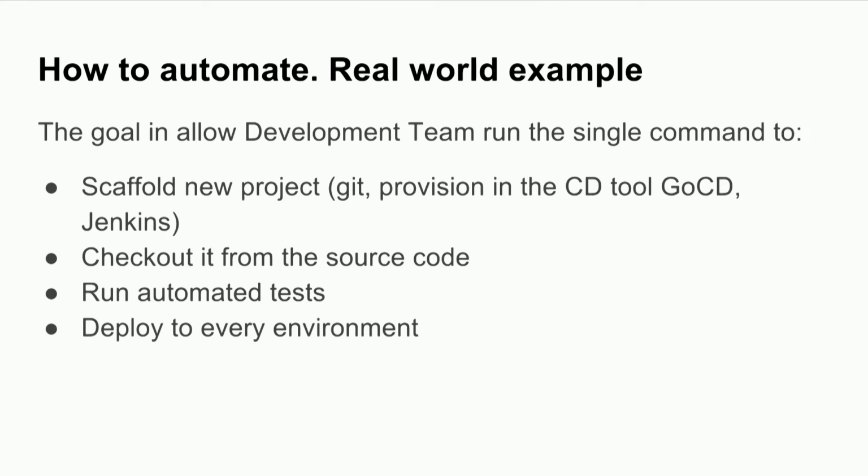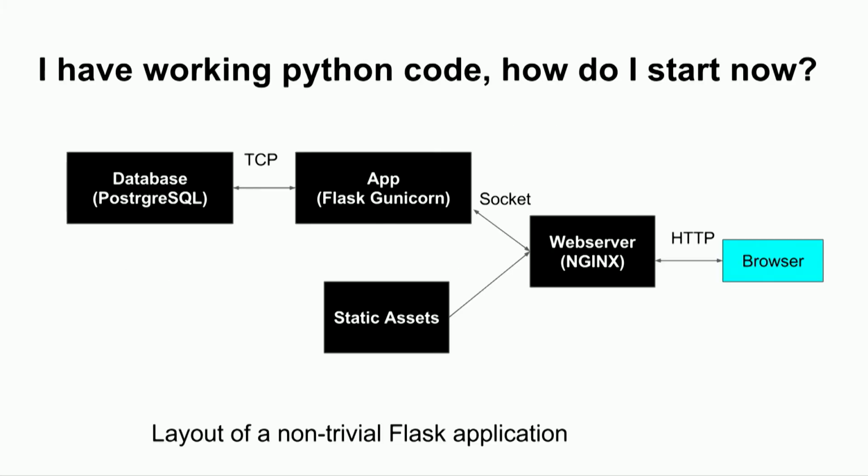The staging environment for us runs in a Kubernetes cluster, and it's a much bigger scaled environment. Then we actually see how our application performs in a bigger world. We run the same tests, and then we can push it to production. So if I have working Python code, how do I start? What do I do? Here I give the example of a very simple scenario